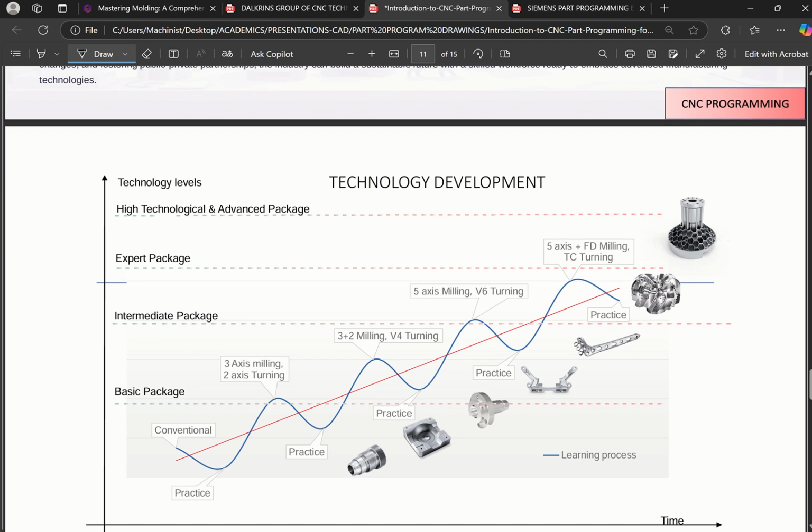Yes, this one is from DMG Mori. I'm using this slide from DMG Mori. When you look at the aspect of changing from one level to another, we can design our training to have a basic package that maybe you can take 3 months. You have an intermediate package, you can take like 5 months. You have the expert and advanced package, which can take, let's say, 6 months to 1 year of training,